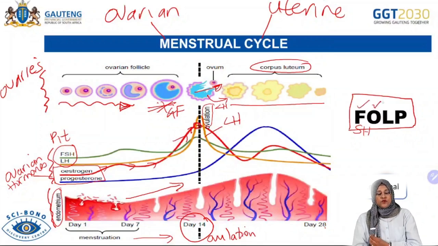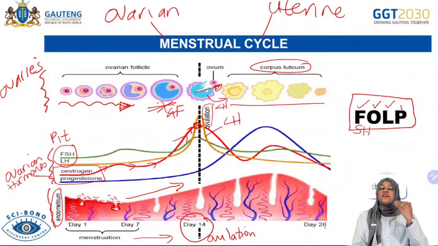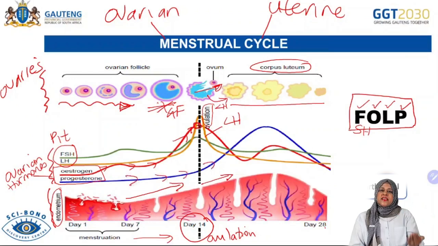What does progesterone do? Progesterone further increases the thickness of the endometrium. So you can see here the blue line, the blue graph. As progesterone is increasing here, you can see that the endometrium is increasing. So when progesterone is at its highest point, the endometrium is at its thickest. So progesterone further increases the endometrium, making it more thick, more vascular,